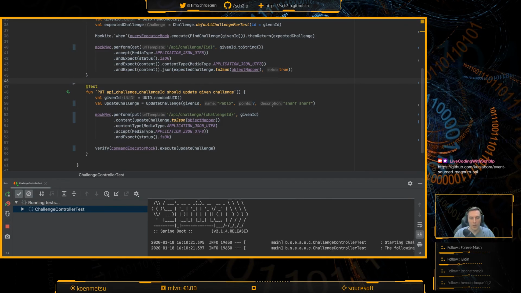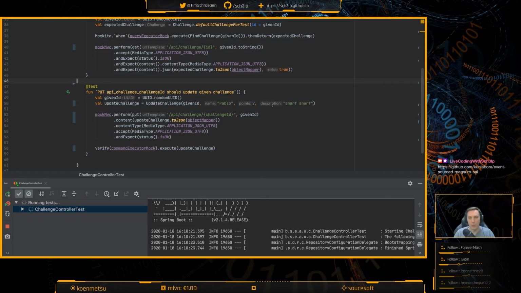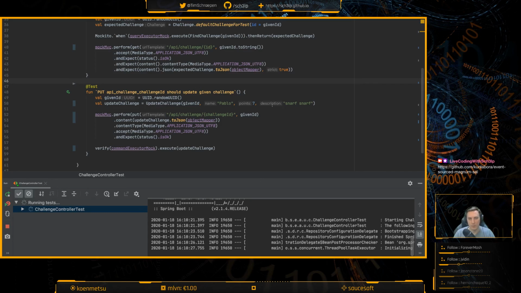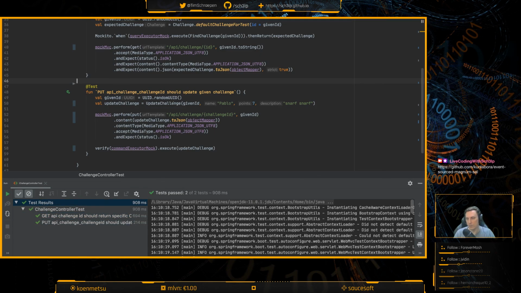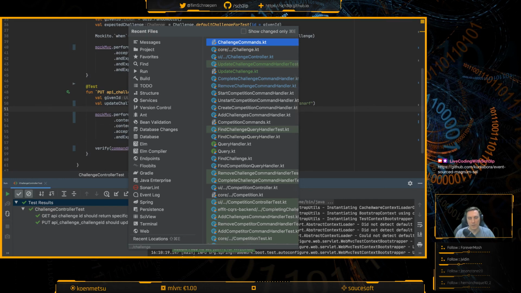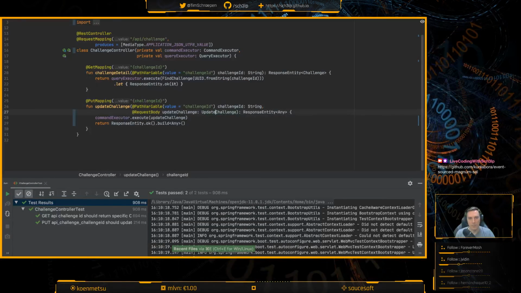So now I don't need to worry about my UI being broken either, because the update challenge JSON object adheres to a challenge object JSON object. And even though it's a different Kotlin type, it's significantly different for me to use this here instead of an actual challenge object, because then I can use just this command to work that way.